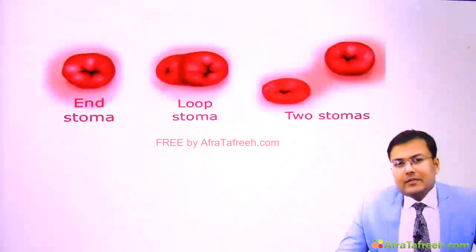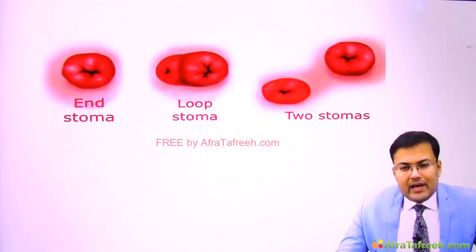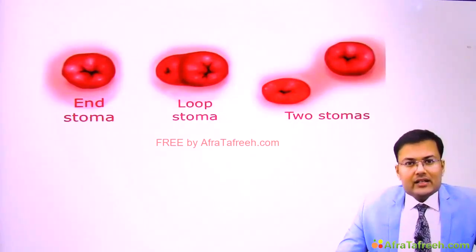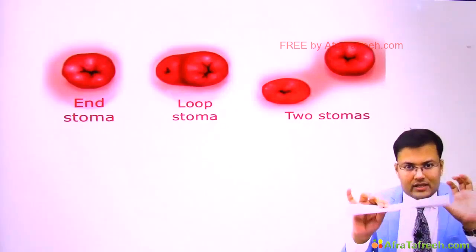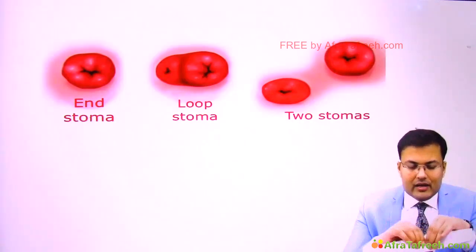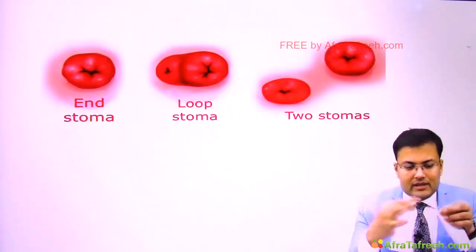Now see what are the types of stoma. There are three types of stoma. One is end, one is loop, and third is double barrel, in which there are two separate stomas. How are we going to create these kinds of stomas? See, now imagine this is the bowel. So what happens if I'm going to divide the bowel, if it's ileum or colon? This is the proximal and this is the distal end.